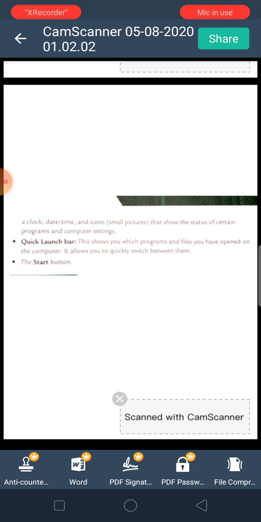Up to this point we have read from page 20 to 23 today. We will start our next class with page 23, that is the start button. Till then I am giving some fill in the blanks. These will come in the exam as fill in the blanks, true or false, choose the correct option, and match. So there is no need to do extra because I have given enough.